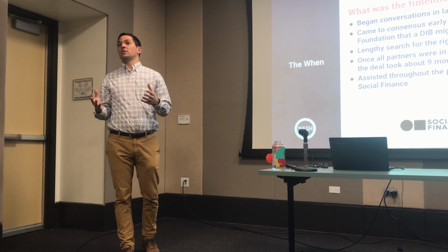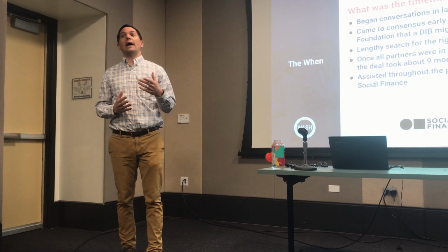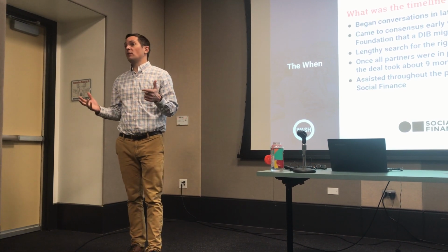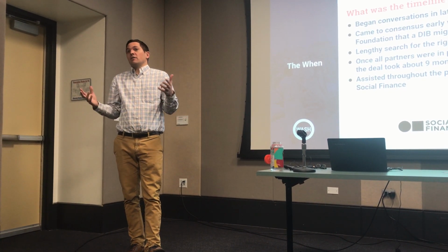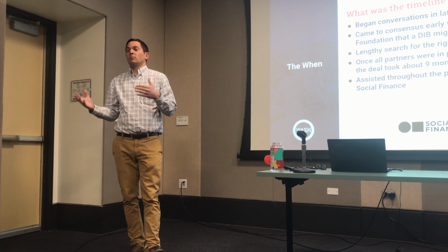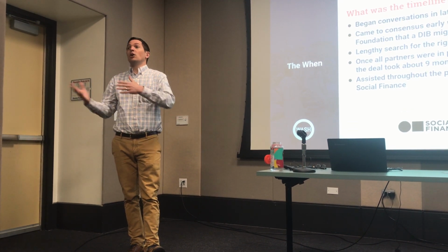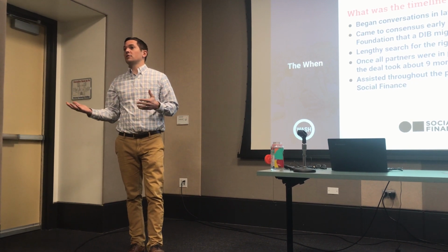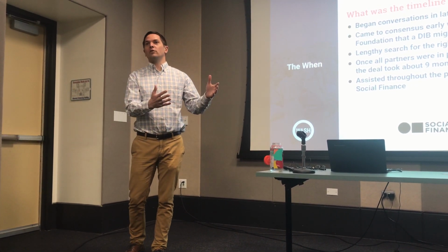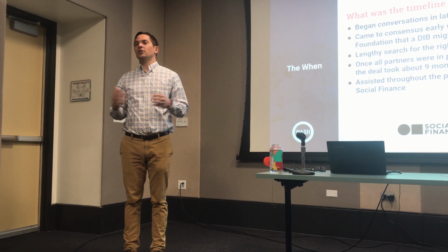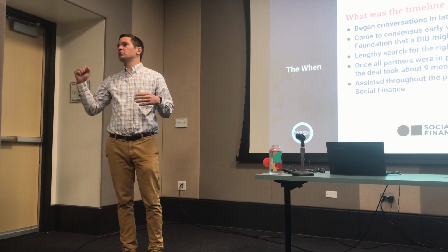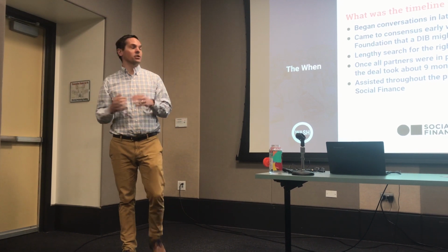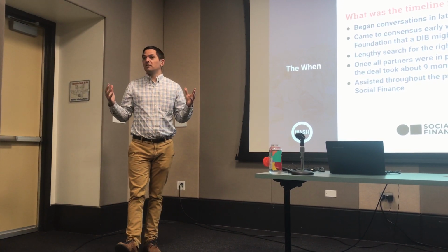What we'd heard from others that had done DIBs before was that actually oftentimes it's the outcomes buyer that's really easy to find. And you can see why that would be, because for the outcomes buyer, it's a great deal, right? You're completely shifting the risk from a USAID who's typically paying upfront and may or may not get the results that they're looking for. You're shifting that risk over to a third party, to the investor. So you can see how outcomes buyers would just be banging down the door. $10 million, we'll give it to you, but only if you get the work done. But for whatever reason, it turned out to be tough.